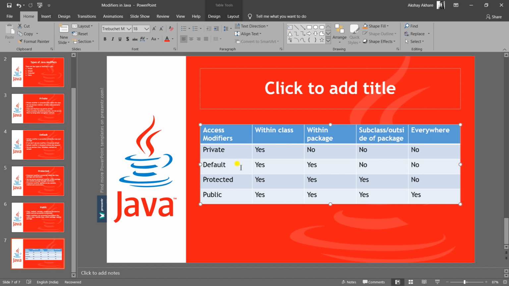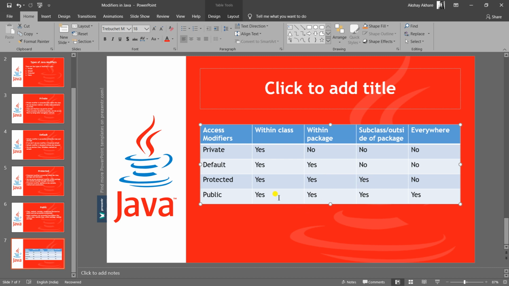The default modifier will be accessed within the class and within the package itself. In a package there will be many classes, and no matter how many classes there are, it is accessible within all classes of the same package only. The protected modifier will be accessible within the class, within the package, and outside the package only through the inheritance concept.